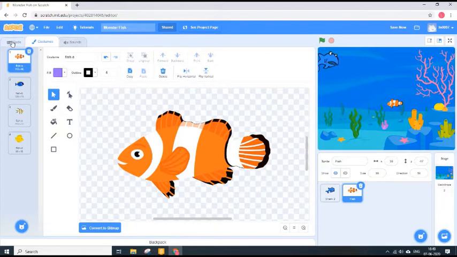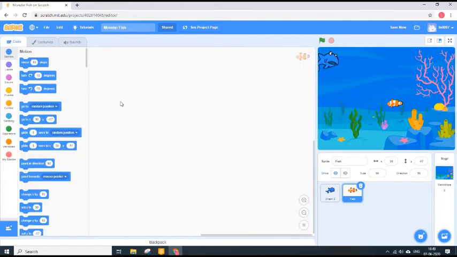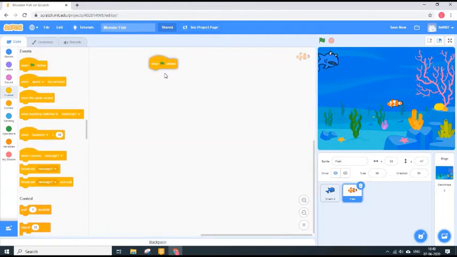After this, you come back to the code. Come and click on this code, come back here. Now we start writing the code of the fish. So we have to again set the starting point when the game starts for the fish. So I'm going to say go to events, when the flag is clicked. When the flag is clicked, I'm going to first give the costume for the fish. So I'm going to say this fish has to start in costume A.